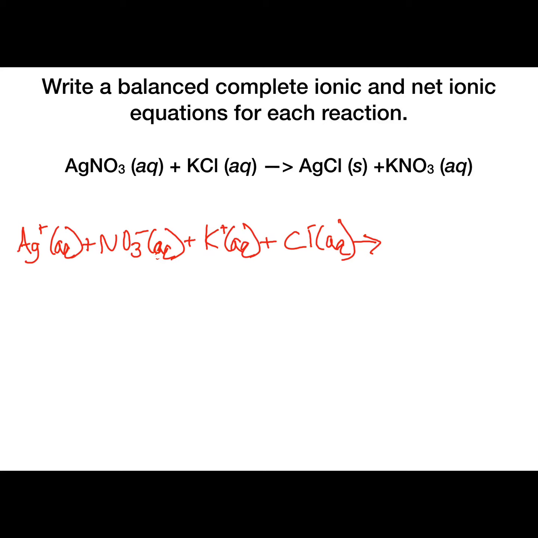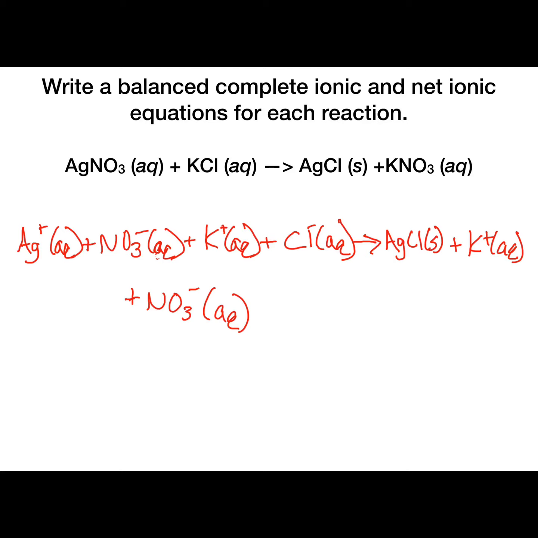Okay, so this solid does not dissociate, so it simply stays AgCl. Plus, we have our K+ aqueous, and we have our NO3- aqueous. So that would be the complete ionic